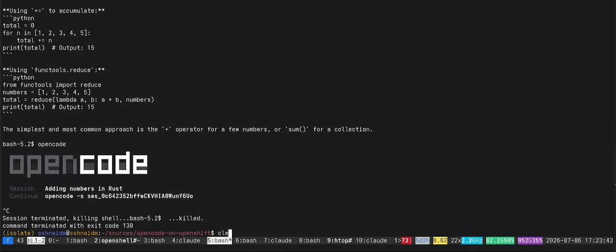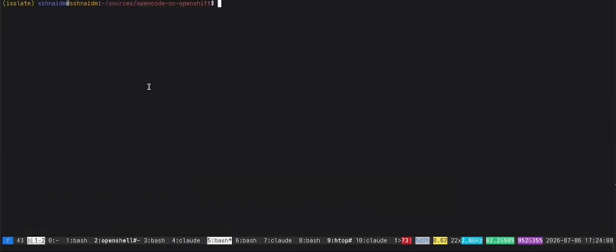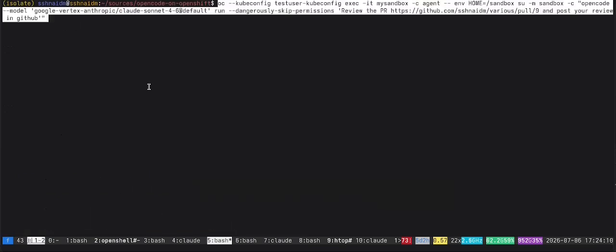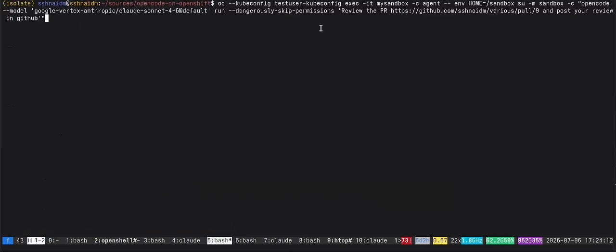Alright, we exited, and now let's see how we run an autonomous agent with the Openshift client using kubeconfig and pod. So we use exec -it, name of the sandbox. Here you see the container is agent. Environment variable HOME is /home/sandbox, and we run our usual command to review the PR.